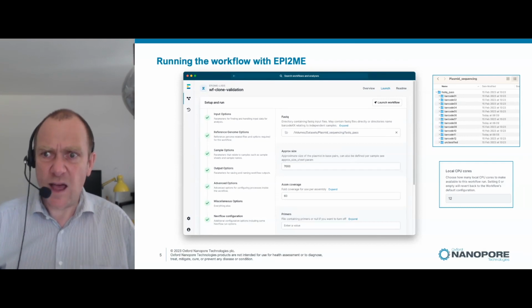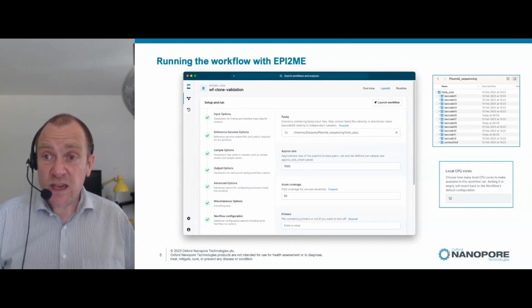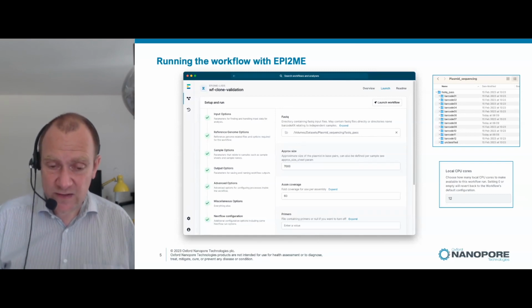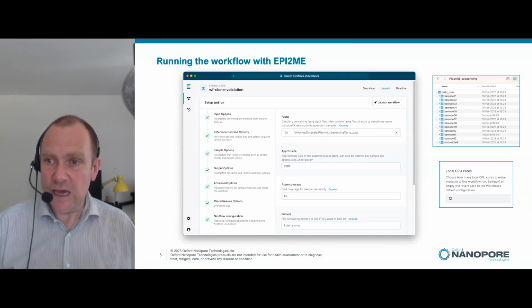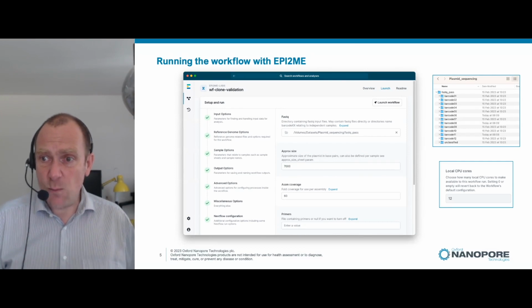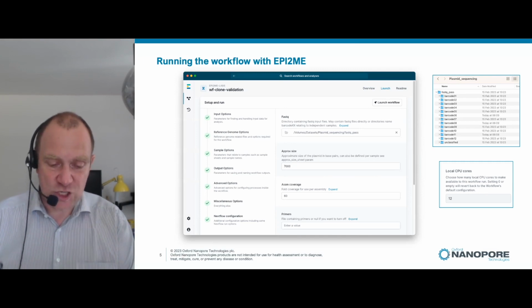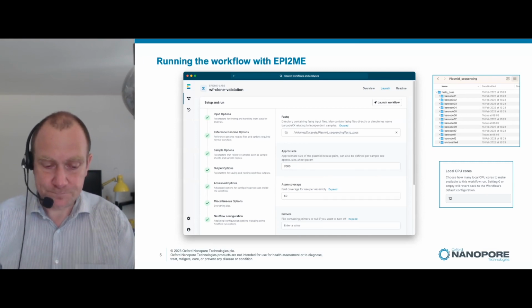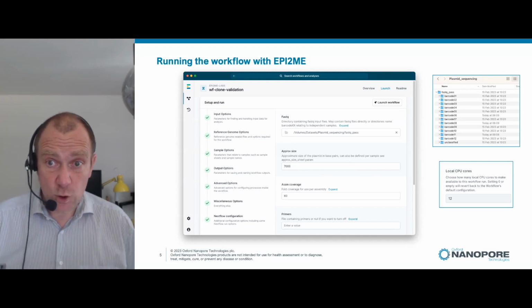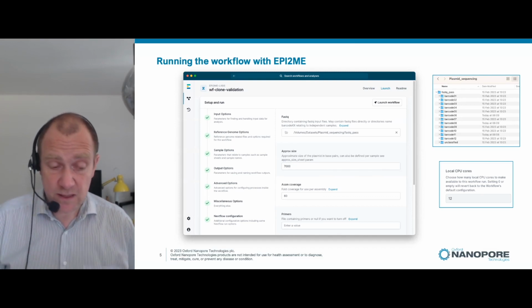Here you can see it's a 12-plex analysis that Gemma produced a little earlier. We just want to see, can we recover single closed plasmid sequences from each of these barcodes? Now, you click the Launch Workflow button that you can see at the top right of the main screen,